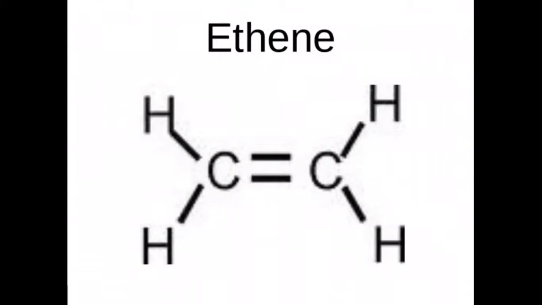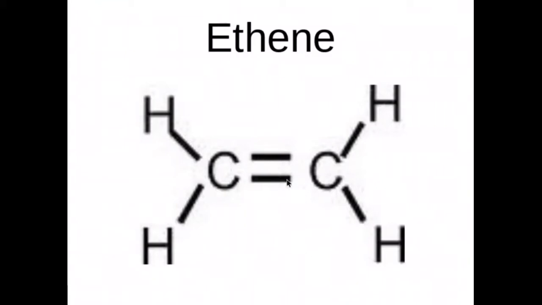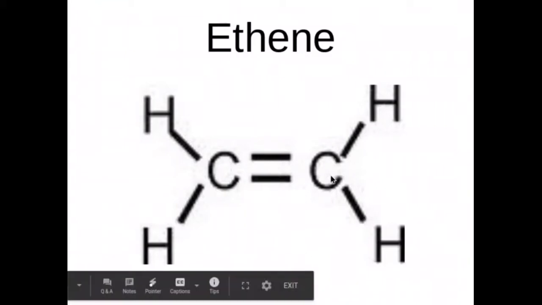Every carbon atom must have 4 bonds. So since this carbon already has 2 bonds to the other carbon, it must also get 2 more bonds, and those are filled with hydrogens. Since this carbon already has a double bond here, it also needs 2 more bonds, and those are filled with hydrogens, making the formula for ethene